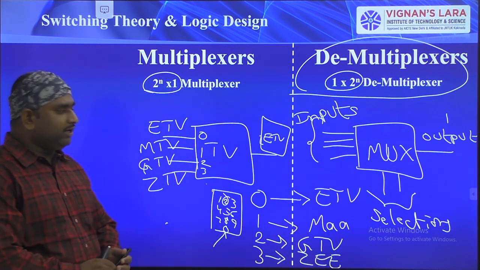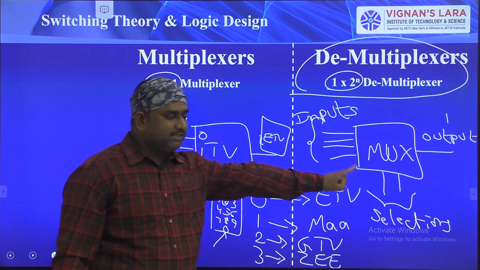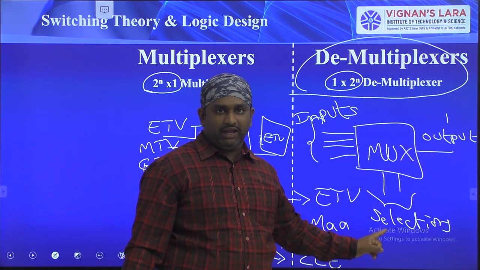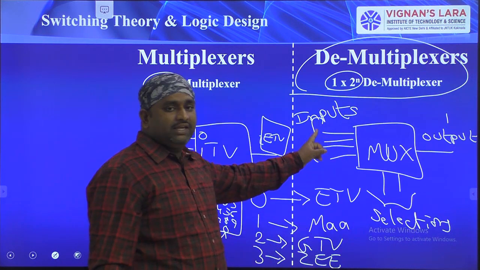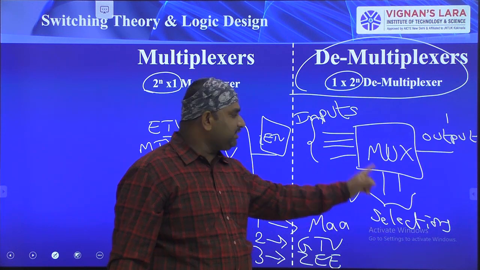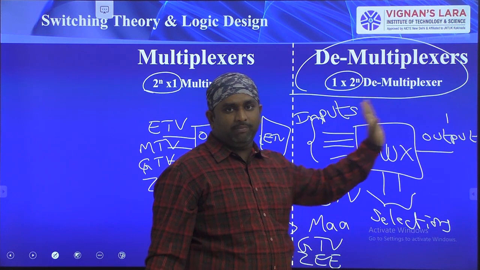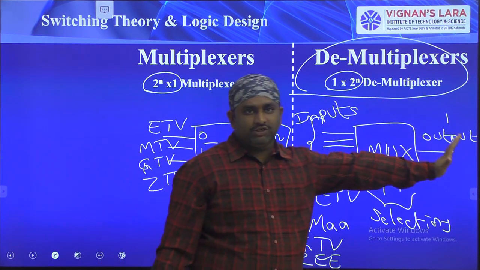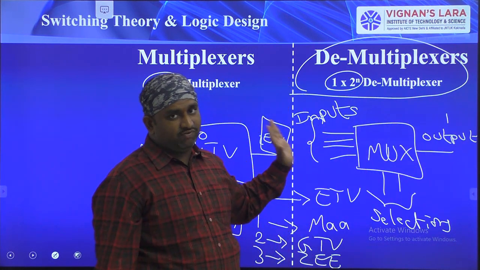Okay, is it clear? It's a very simple thing. Here I am explaining the multiplexer concept. For this multiplexer, we have inputs, only one output, and selection lines. What is the purpose of the selection lines? The selection lines choose any one of the input signals as the output. If the selection line selects the first channel, it will go to the output. It will use whatever information is at the input side. If it is 0, it will display 0. If it is 1, it displays 1. Or any one of the input channels you select.